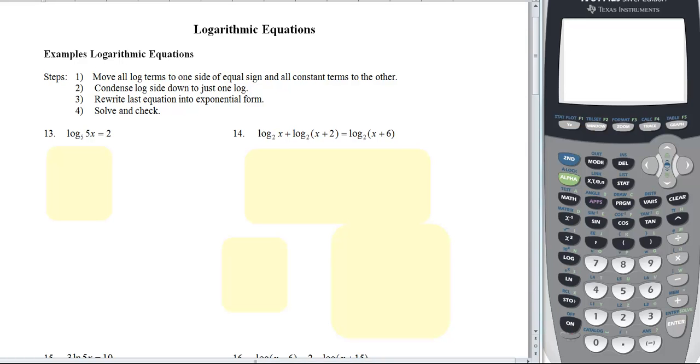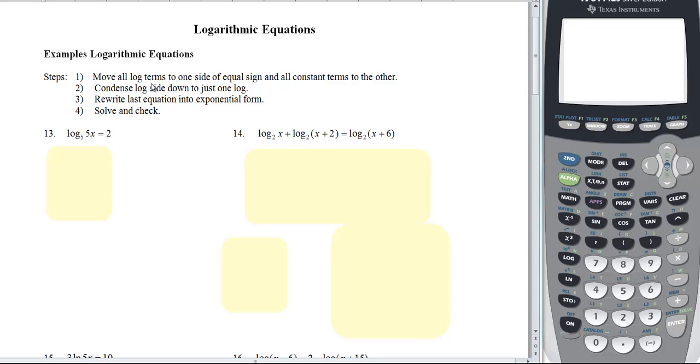Now we're going to look at logarithmic equations. There's a lot of different ways that you can solve these type of equations, but the methods I put here will work for all of them. So let's get started. First thing, you've got to move all log terms, terms that contain logs, to one side